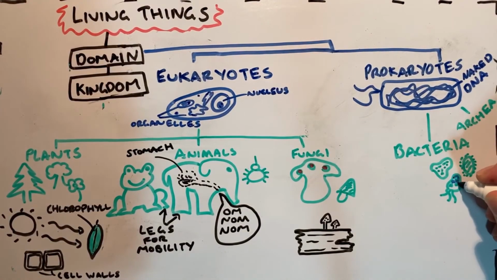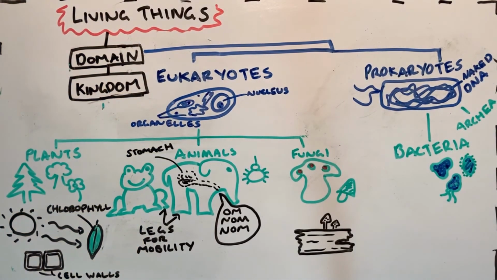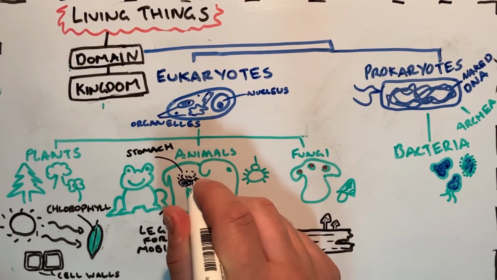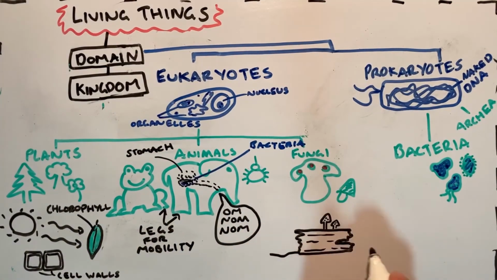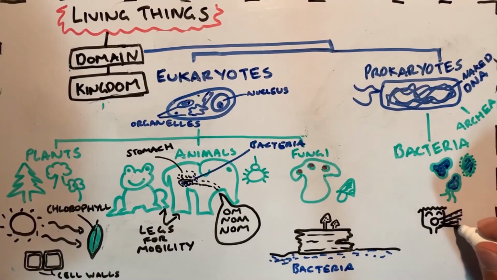Finally, we have bacteria. Remember, bacteria are in a different domain. They're prokaryotes. And because of that, they're very different. Because they're prokaryotes, they don't have the DNA in a nucleus, and it's all just floating around inside of them. They just exist as single cells, but despite that, they have a big impact on the world around us. Some help us digest our food, some help create healthy soils, and some can even harm living things, like diseases, like food poisoning.